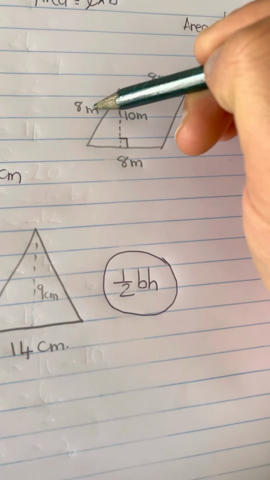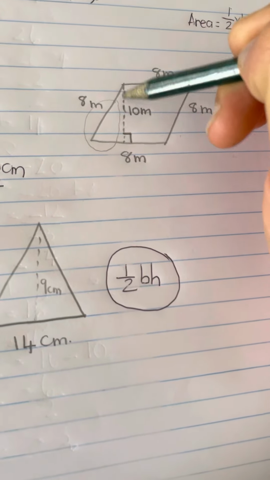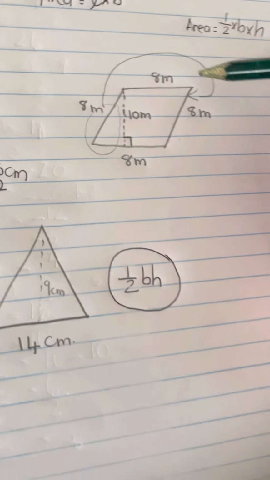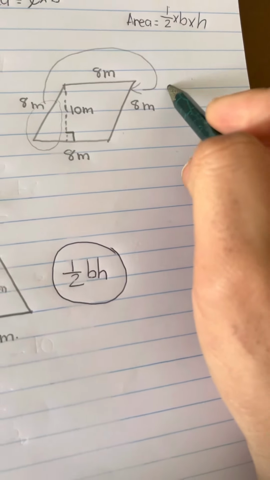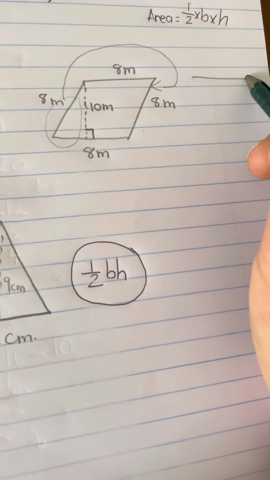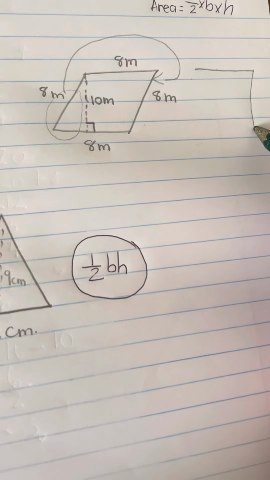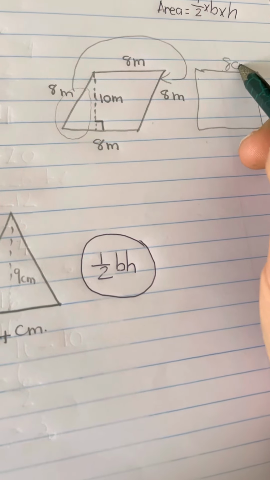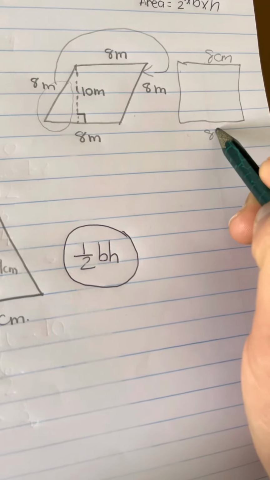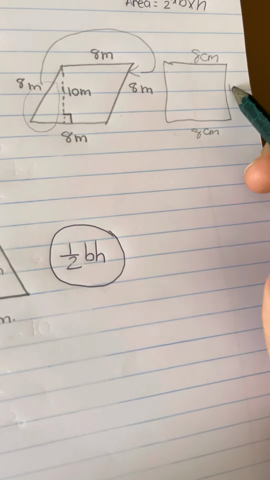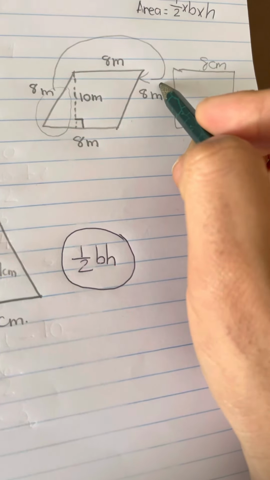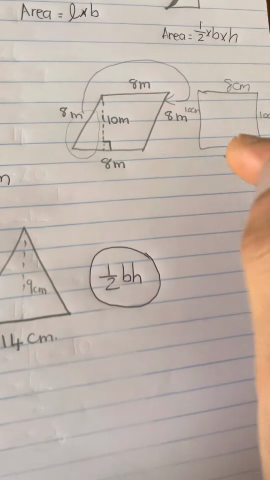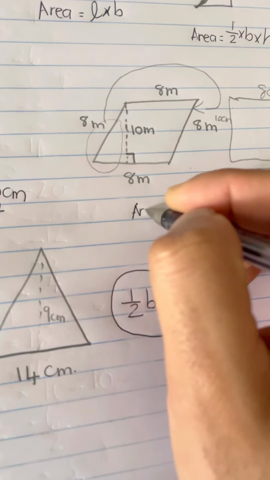Because if you take this triangle out, if you cut this triangle out and you place this triangle over here, then a rectangle will form. A rectangle with 8 centimeters, 10 centimeters, and 10 centimeters. And we know that the area of a rectangle is equal to